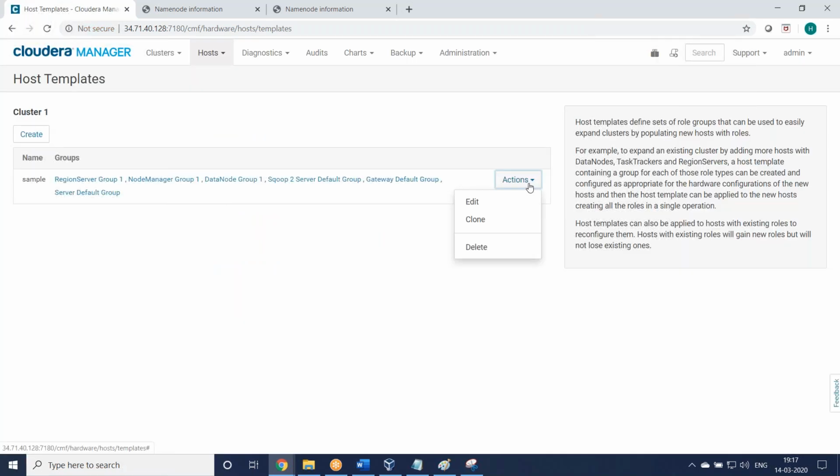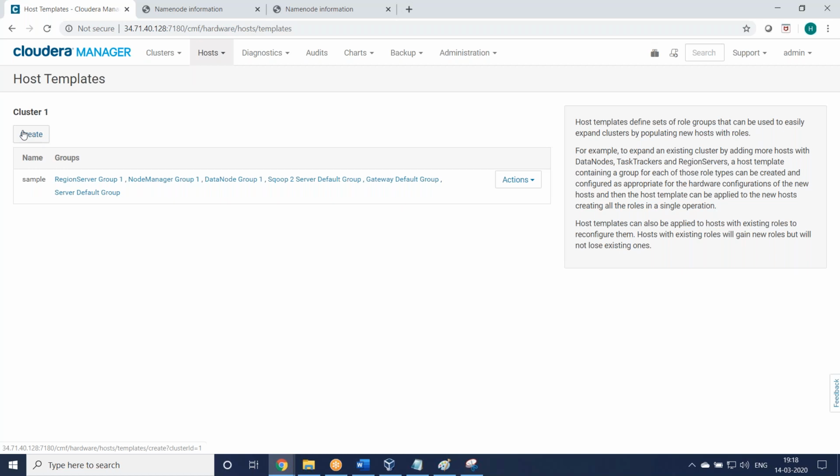Now, if you add any new server to Cloudera manager, using the adding cluster option, adding a new host, you can automatically assign the host template to that server when you are installing. So whatever roles you selected are automatically installed on that particular new server. That is the host templates. And you can create multiple templates based on your configuration, based on your requirement.